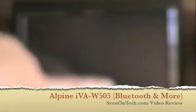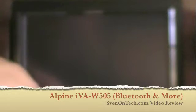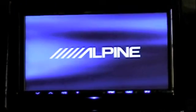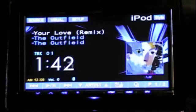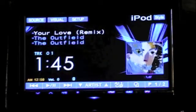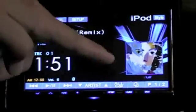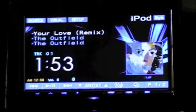We got the review of the Alpine iVA-W505. Let's go ahead and turn it on so you can see the boot up. We've already reviewed the iPod aspect of it as well as the general overall feel of the iVA-W505. This is a 2-DIN unit, meaning you have one DIN and second DIN all in one to give you